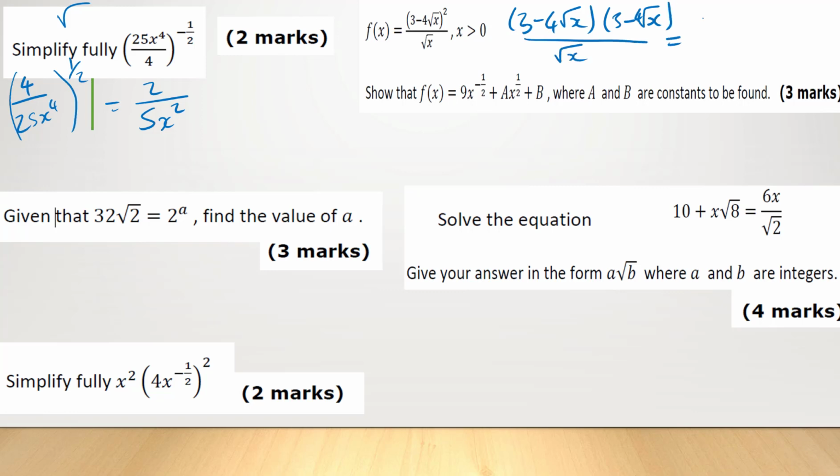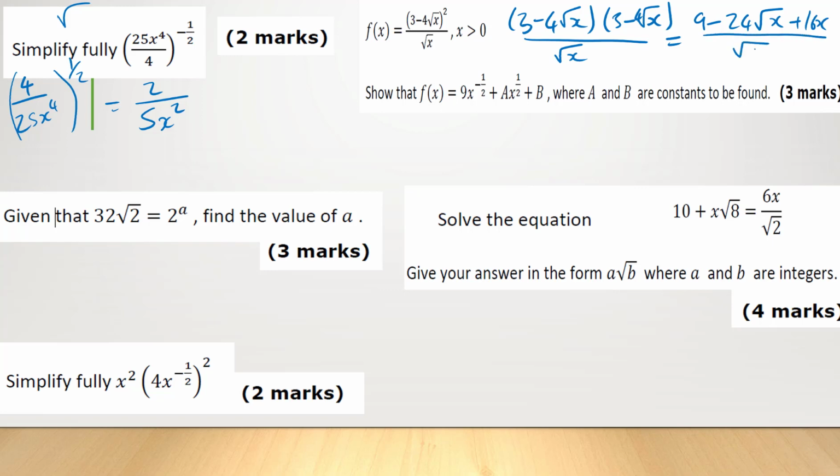Okay, so that's going to be 9. We're going to get a minus 12 root x and another minus 12 root x. So I'm just going to jump a step and say that's minus 24 root x. Minus 4 times minus 4 is plus 16. Root x times root x is x, so that's plus 16x